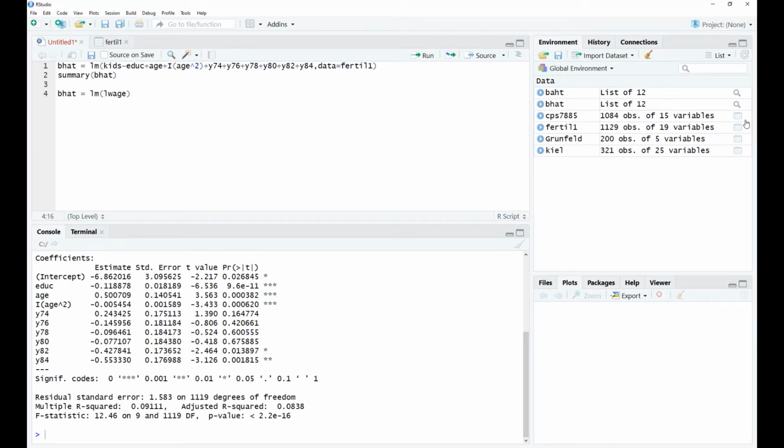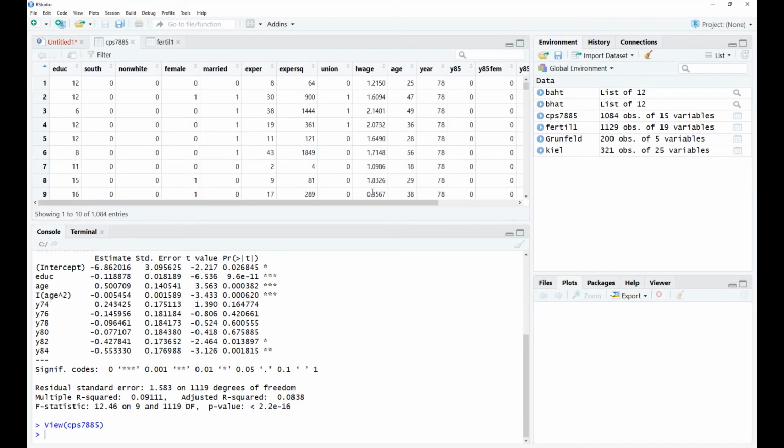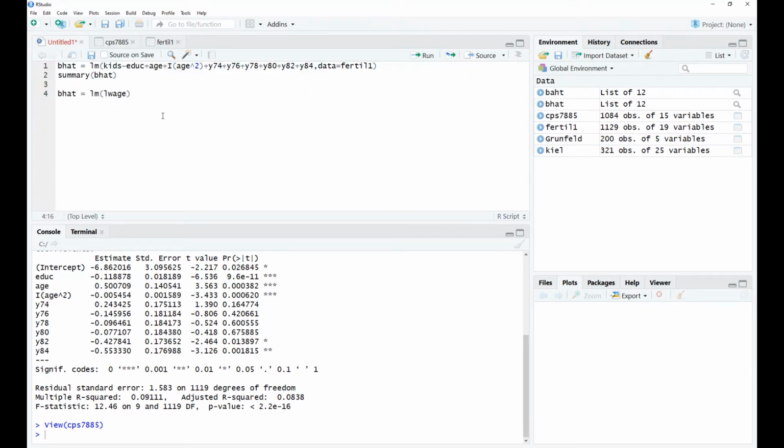Note that the logarithm of wage is already coded in the dataset as L wage, which is the dependent variable, and the independent variable is Y85 plus education plus Y85 times education